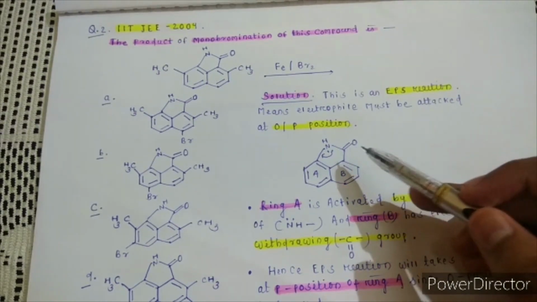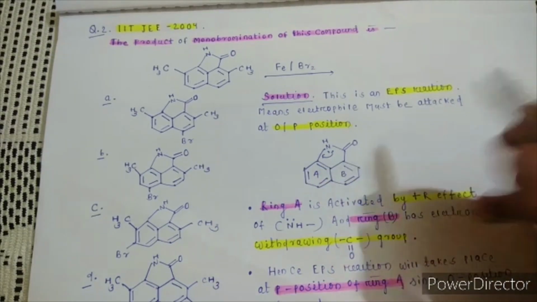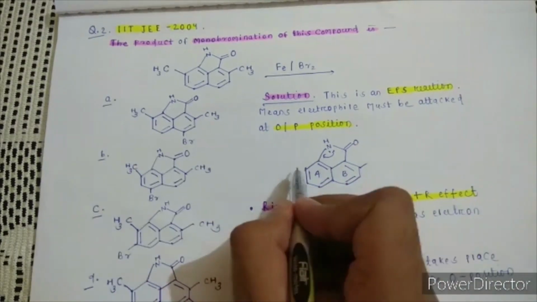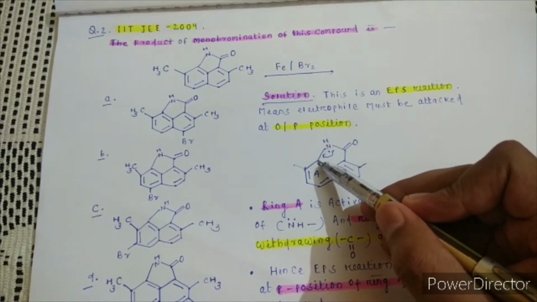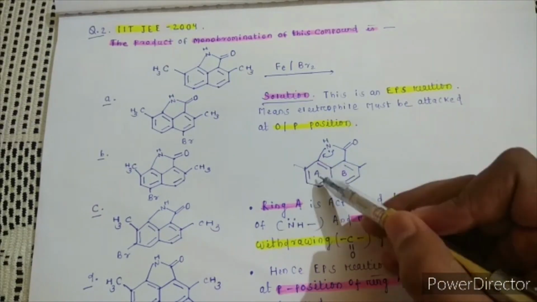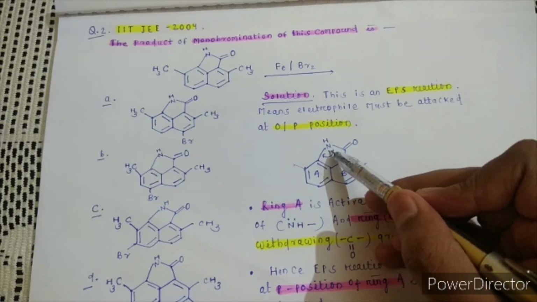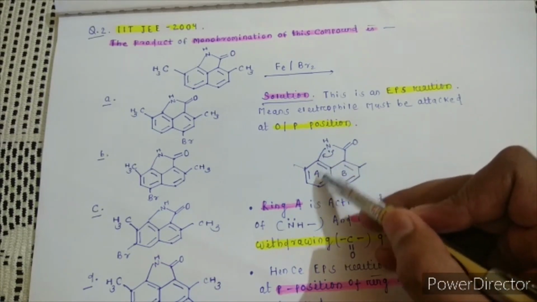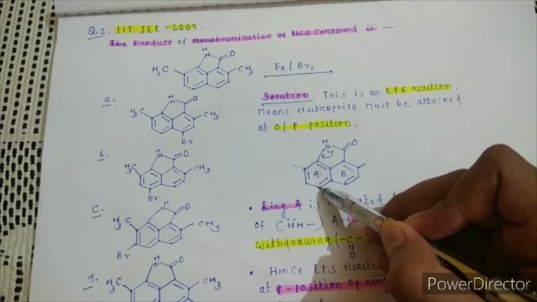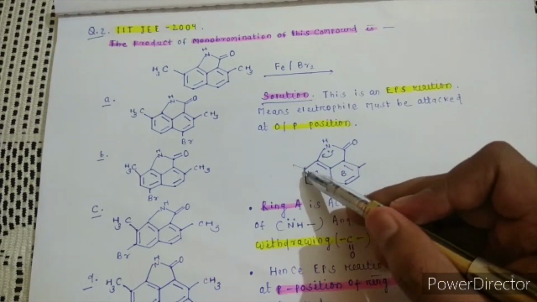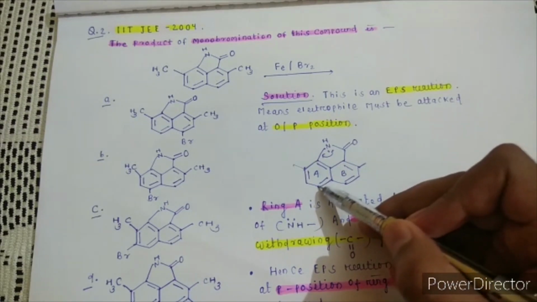So look here, this is the substrate where the nitrogen lone pair of electrons is present. One methyl group is present here, and one methyl group is present here. Now, suppose we call this ring A and this ring B. Ring A has nitrogen, which donates its electrons in conjugation with A. That means the ortho and para positions of ring A are electron rich. The ortho position is already blocked by a methyl group, but at the para position the electron density is more.